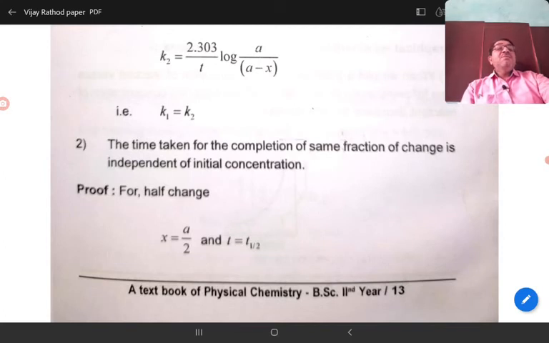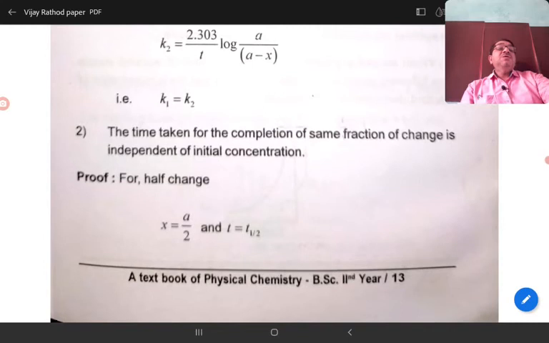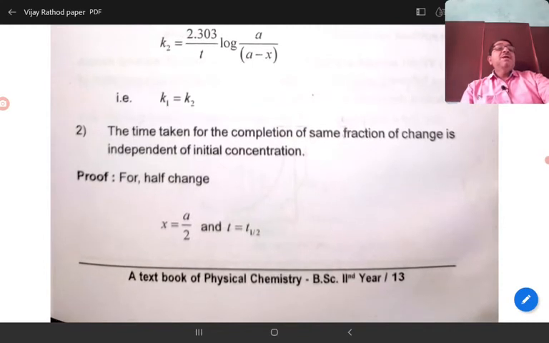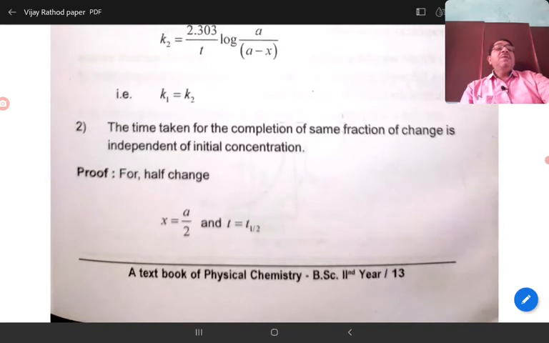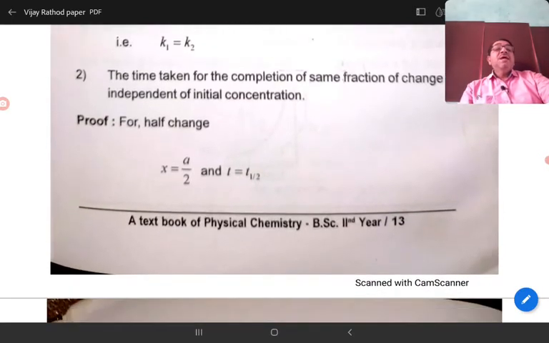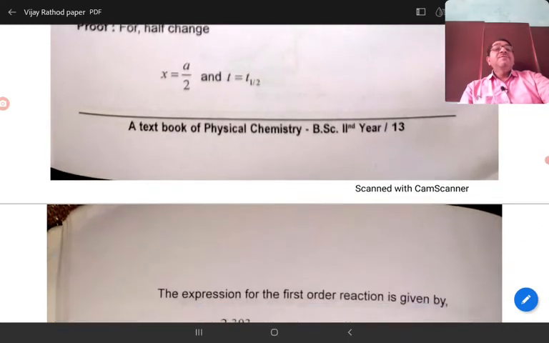When we consider the time factor for the completion of some part of the reaction, the time shows the independent part. For half change, we consider x is equal to a by 2 and t is equal to t half,